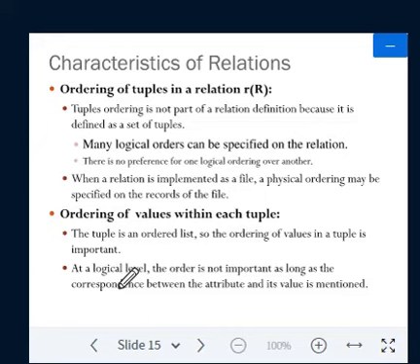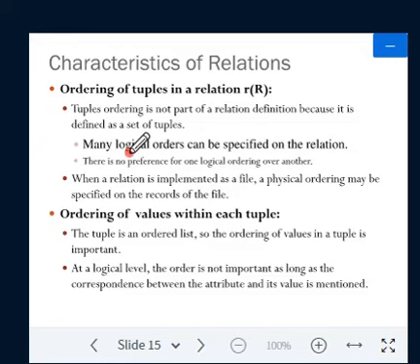No. So how do we enter rows? By using the command insert into values. The row we insert first will be entered, and when we insert the next row, it will be on top of the first row. So there is no ascending or descending order in which the tuples are arranged, but there will be some logical order, that is first row, second row, third row, fourth row, like that. That is ordering of tuples in a relation.